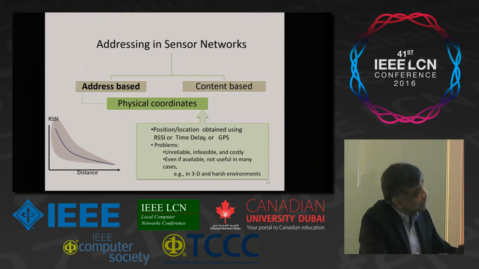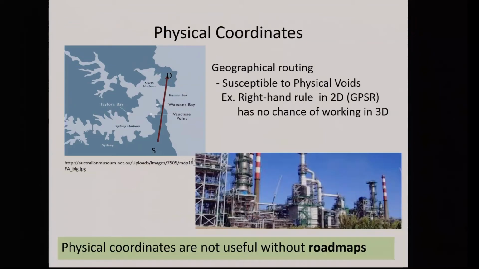Right? Now suppose you can obtain the physical coordinate somehow. My argument is, well, first of all, it's unreliable, infeasible, and costly in many of these conditions. And even if it is available, it may not be that useful. Right? So I take 2 examples. Here there's a network in this area, and there's a void here. You know the physical location, right? Long time back, we did not give our coordinates. Now we can give GPS coordinates of your home so that your friend can visit you. But in the absence of that, if you have only the coordinates, you send a message and you come to a void and now you don't know which way to go, right?